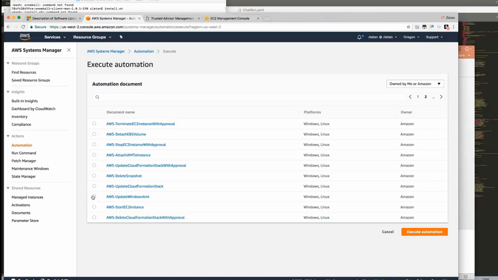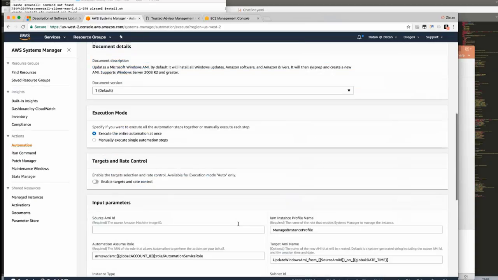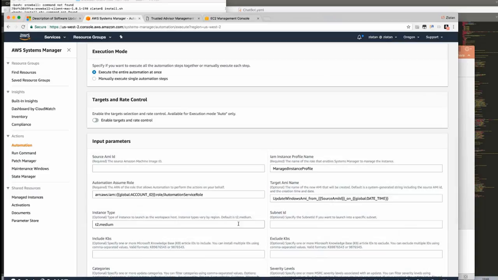Update Windows AMI. This is the one that I worked on with our product group specifically. Well, they built the automation. I built things to actually go ahead and update launch configuration, auto-scaling groups of existing applications, as well as a janitor function to clean up old AMIs and so on. Here you can specify the AMI. For those of you that don't know what an AMI is, that stands for Amazon Machine Image, and that's effectively